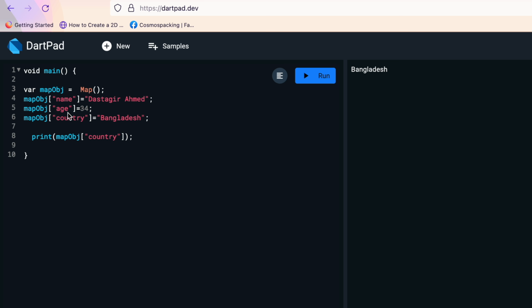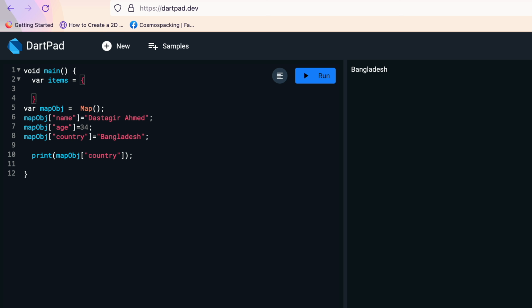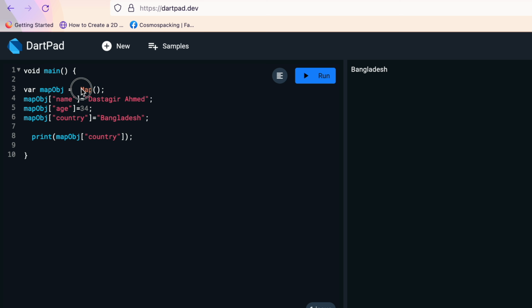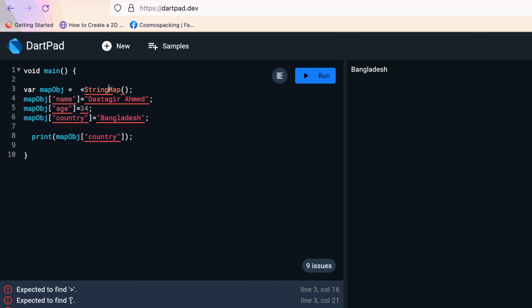Now here we see that, okay, this is more like when you first created the map. For example, remember var items equal, it was something like this. So just exactly over here, you didn't mention any type, right? So here actually we don't have any type. So if you want, you can mention type over here. So let's go ahead and mention our type. Over here we could say string